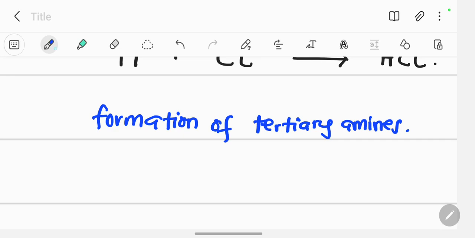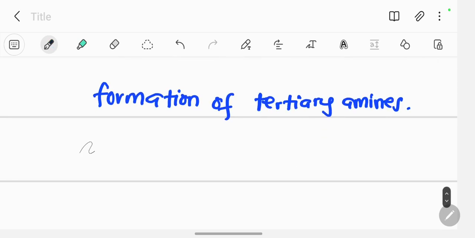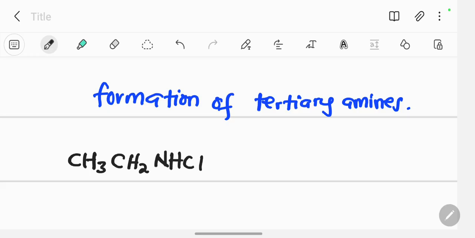Now under tertiary amines we are having a reaction of this kind: CH3, CH2, NH, CH3